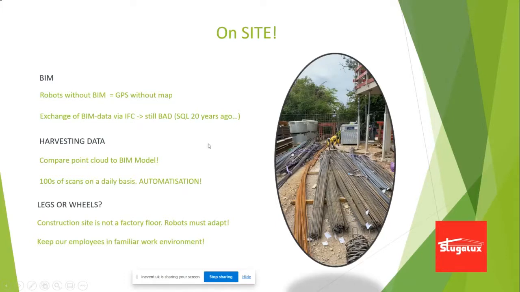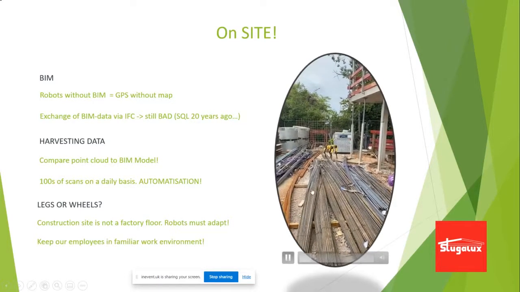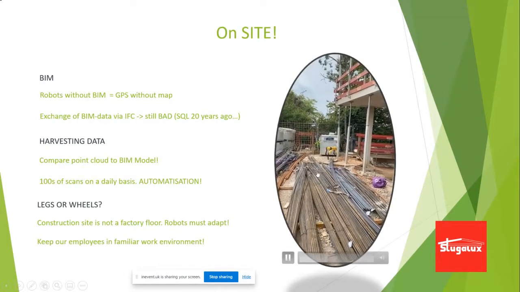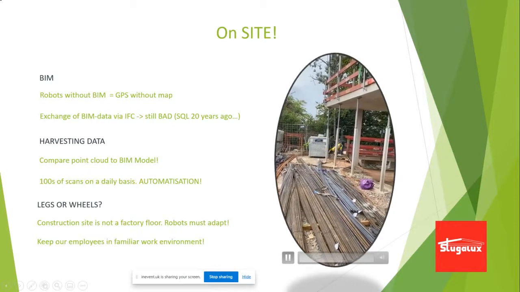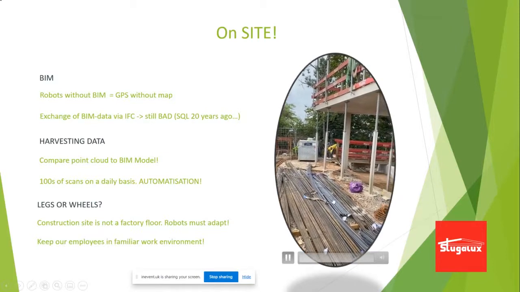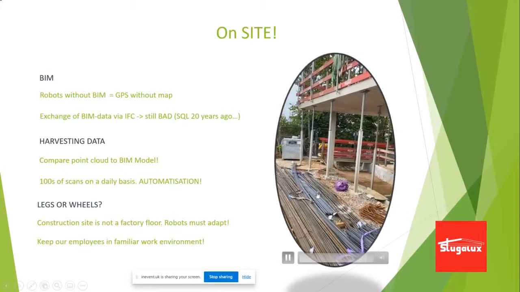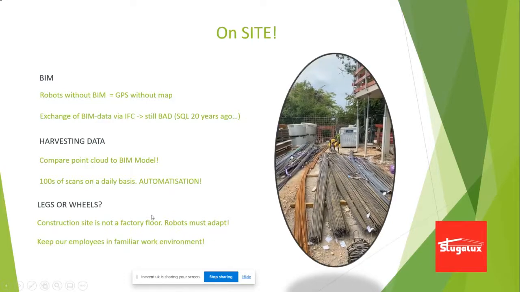One of the questions we had for the robots was: legs or wheels? To me, only one answer can be the correct one, and that is that we need to have legs. You see a typical construction site, and that's something where wheels would definitely have problems to follow through, and to go up the stairs, to walk over these kind of iron bars and all the rebars. That's something that's very important to me.